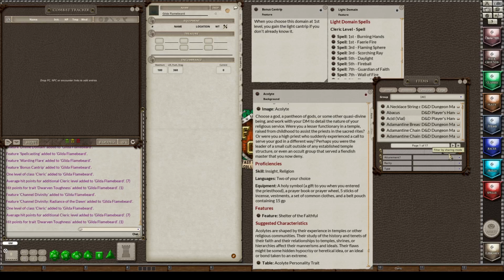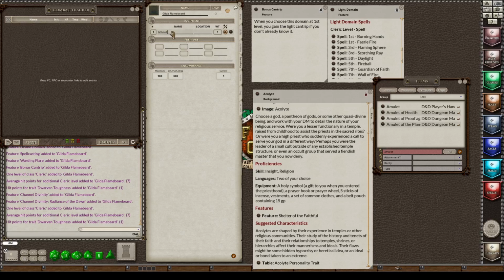So what I'm going to do instead is type amulet, which there is an amulet, and I'm going to drag over the amulet to my character sheet. And I'm going to rename the amulet to holy symbol. And I'm going to say that is located on my neck because I'm going to be wearing my holy symbol as a pendant.